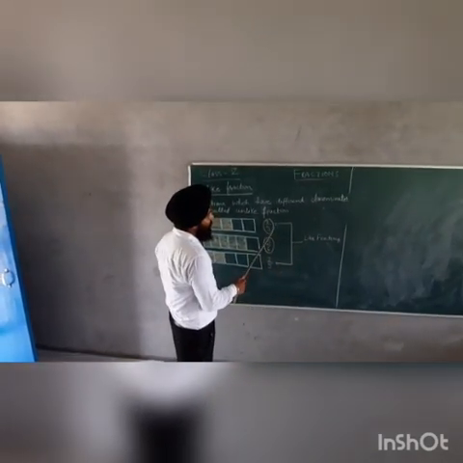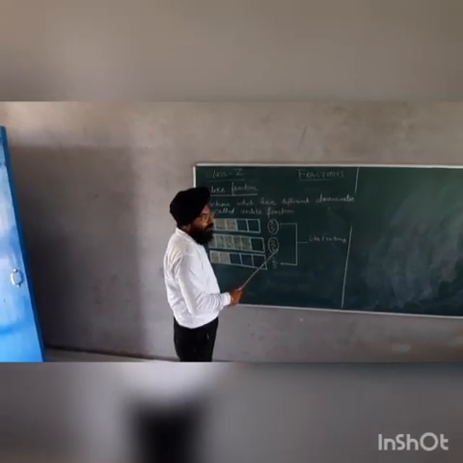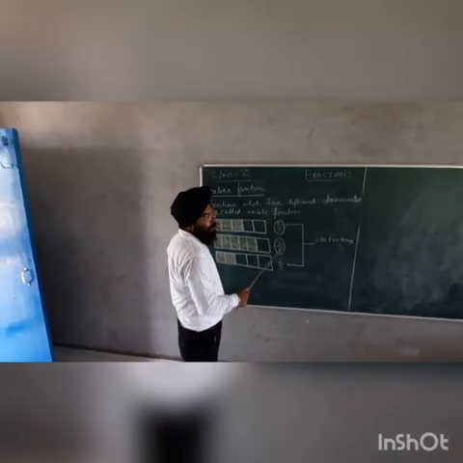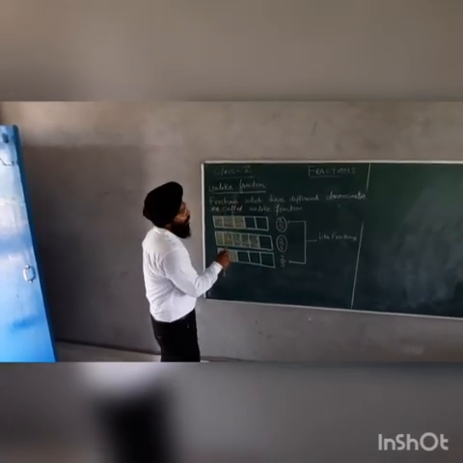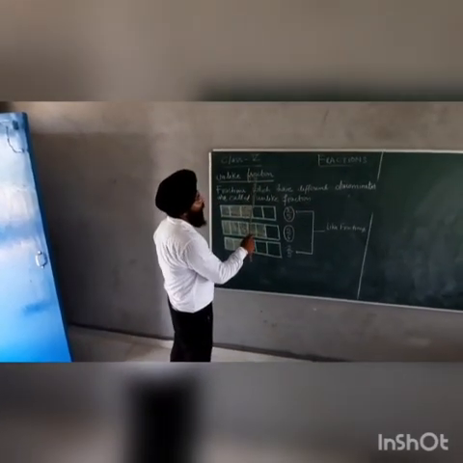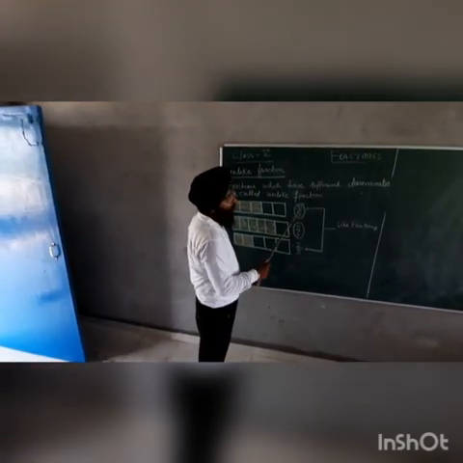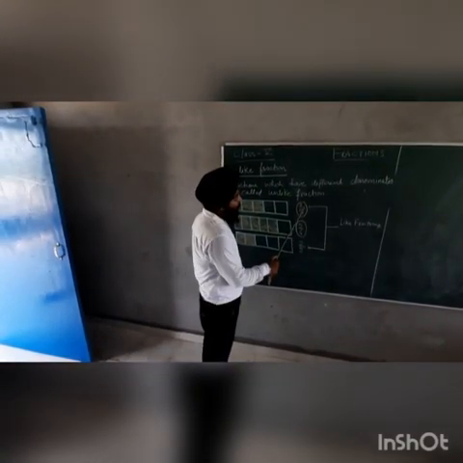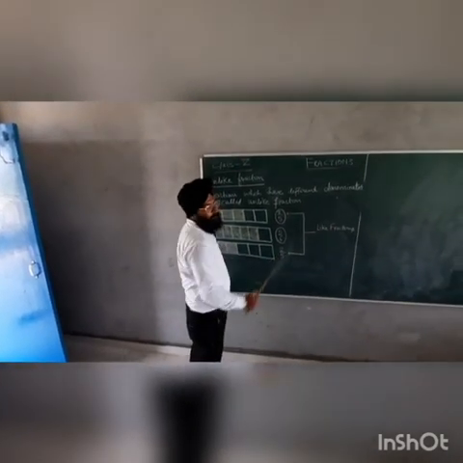And in the other two fractions, the denominator of the first fraction is 5 and the denominator of the other fraction is 6. So they have different denominators. So these are unlike fractions. The fractions which have different denominators are called unlike fractions. So 3 by 5 and 5 by 6 are unlike fractions. And 3 by 5, 2 by 5 are like fractions.